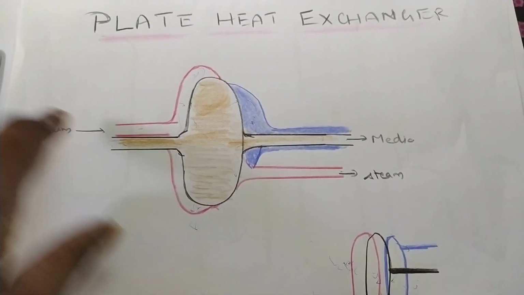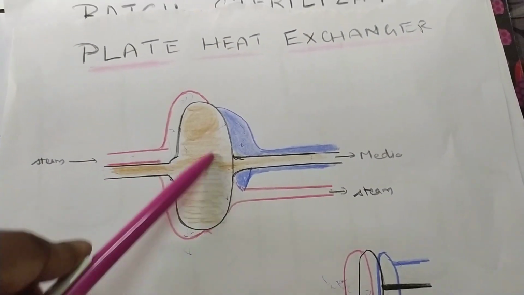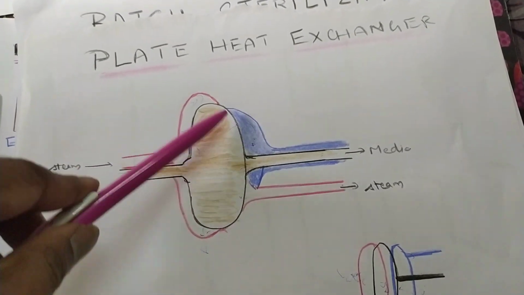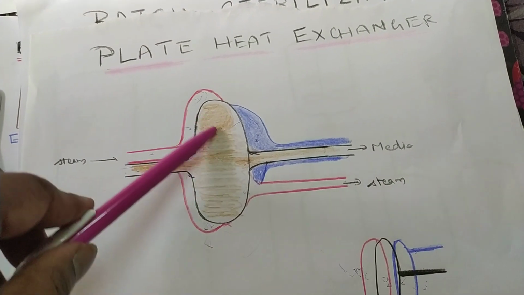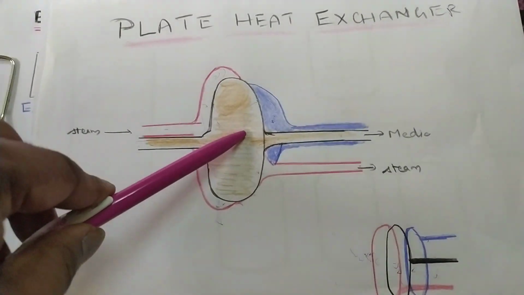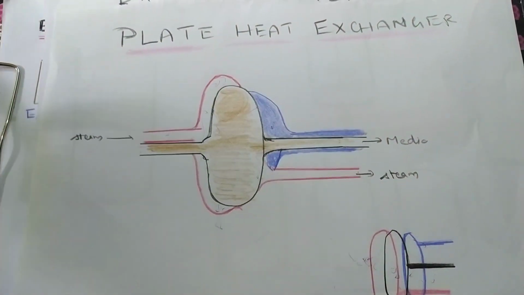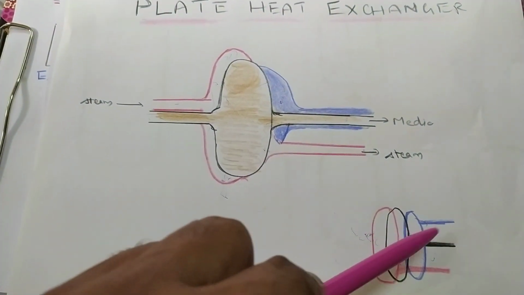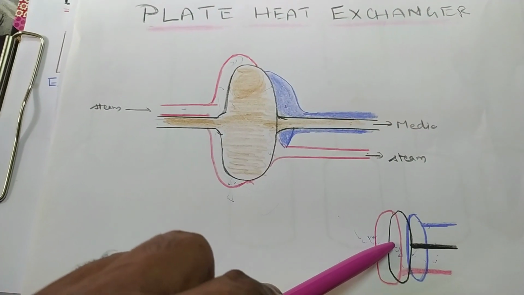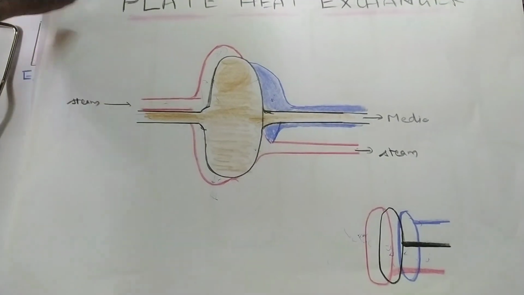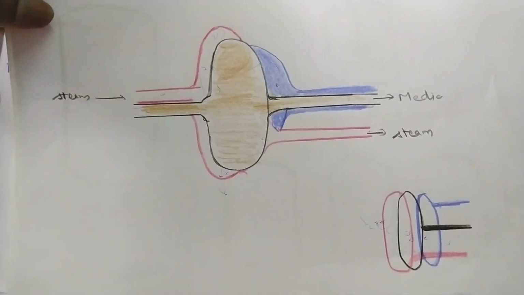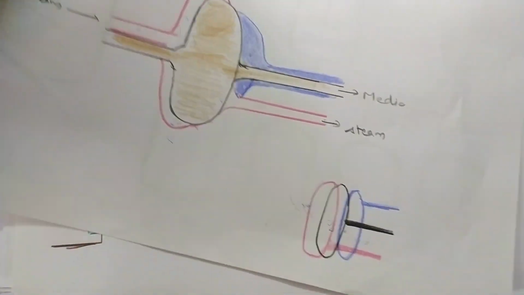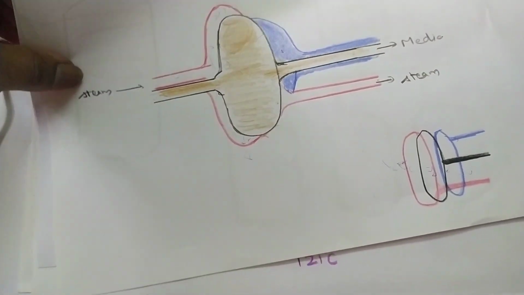So the media is passed between one plate, and next to that is the heater plate. The steam which enters here, the heat exchange occurs. Media will come to high temperature, then it gets cooled by another plate, which is going to take up the heat from the media to the water. Okay, so let me not go back to this. You only understood this. So these all come under media sterilization. Media sterilization is a part of the sterilization that you have to remember.